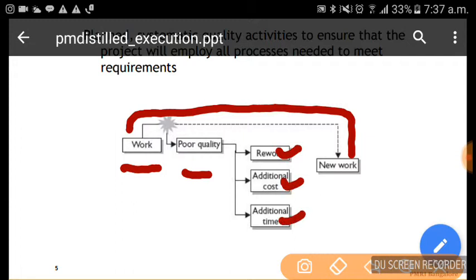That's why quality gurus like Philip Crosby always said quality is cheap. Doing things with good quality is always cheap, because otherwise you'll end up doing a lot of rework.